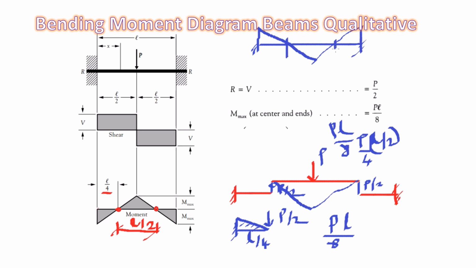We can use the point of contraflexure as the span between these two. It's like two cantilever beams on a simply supported beam. The fixed beam can be considered like that, because we know the point of contraflexure is L by 4 from the support for this point load. If you apply a point load at center,